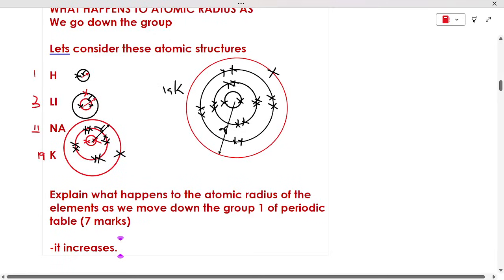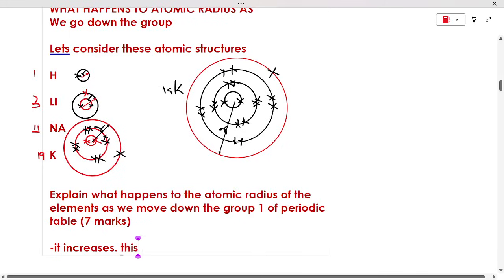Here, lithium has 3 electrons. We drew two shells. The radius has increased. Here sodium has 11 electrons. We drew three shells. The radius has increased a lot. Potassium has 19 electrons. We drew almost 4 shells, increasing in radius. So the number 1 is that as we go down the group,